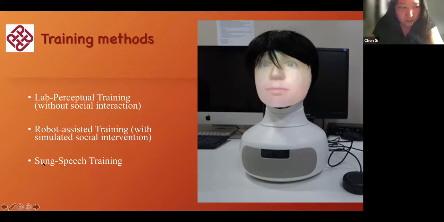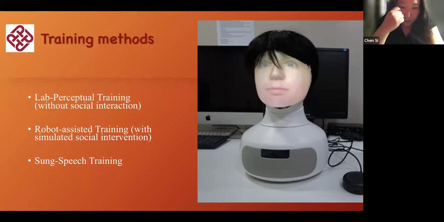And we also tried some other methods like sound speech training. We'll see if we have time to cover it, but the idea is that there are many findings showing that autistic individuals probably have some advantages in music.